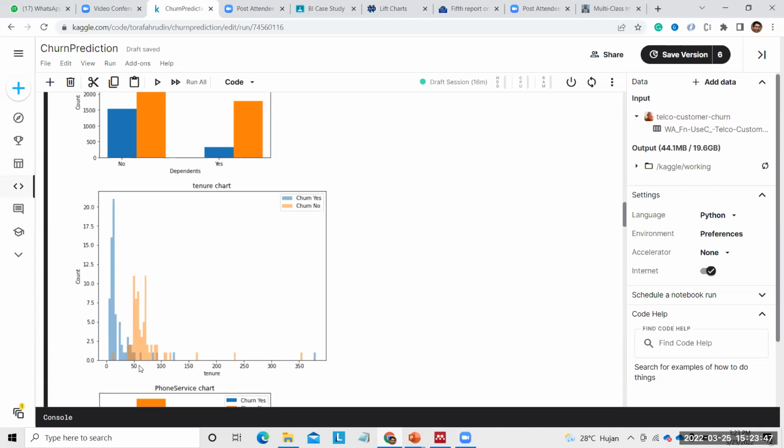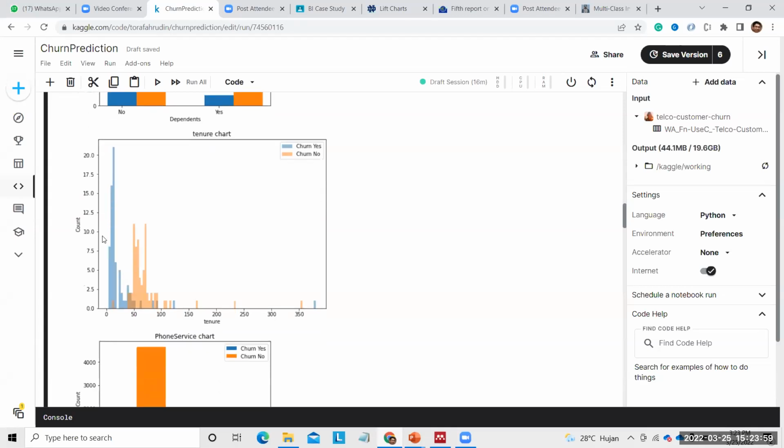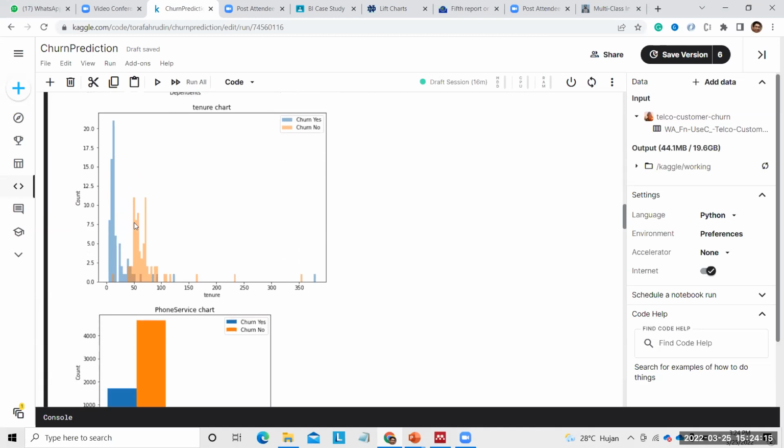The new customer usually gets more service than the old customer. So usually students also buy new numbers to get the benefit, especially in internet data. Okay, so this is the real case.